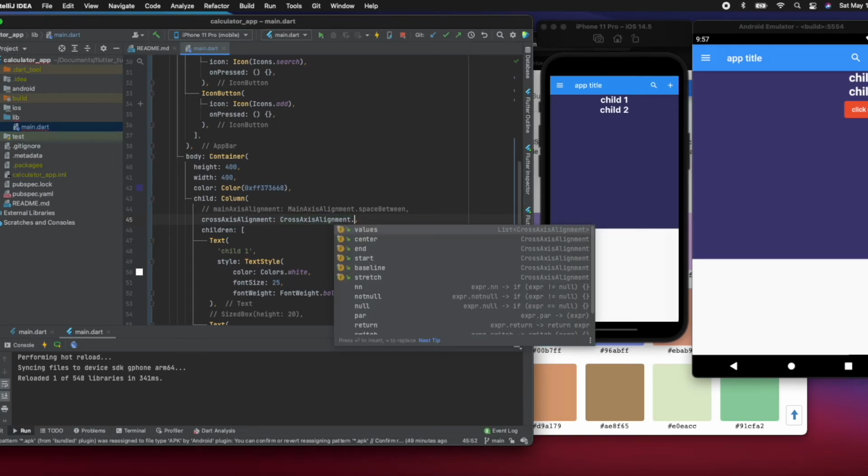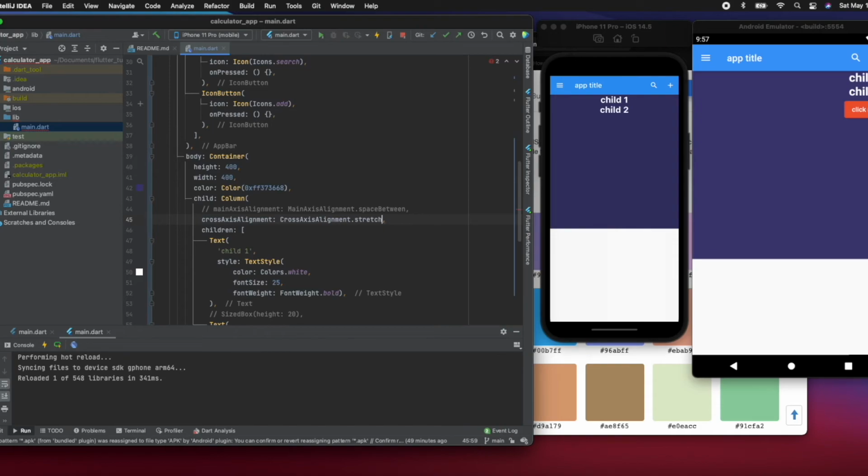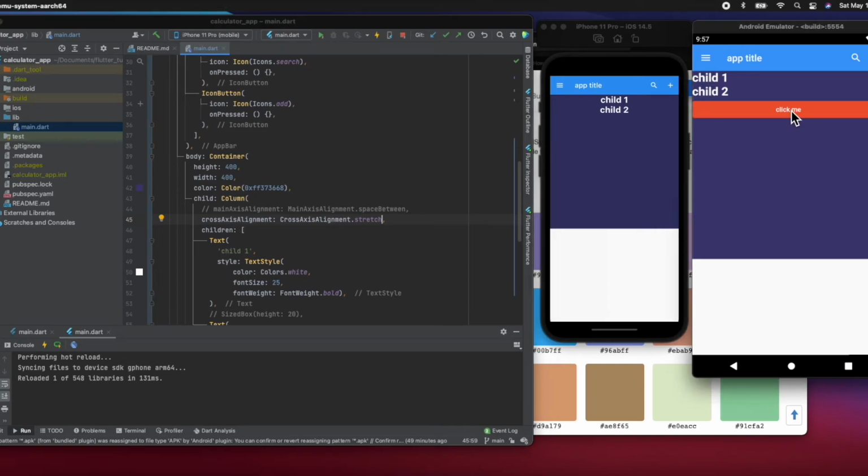What else do we have? And baseline, start, yeah, stretch. With stretch, every child gets stretched from here to here. For example, our button is all the way from left to right, right? So